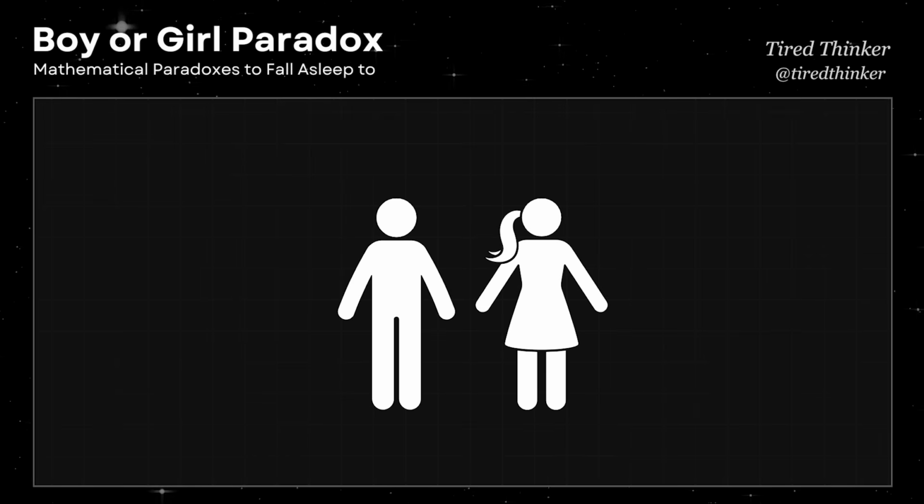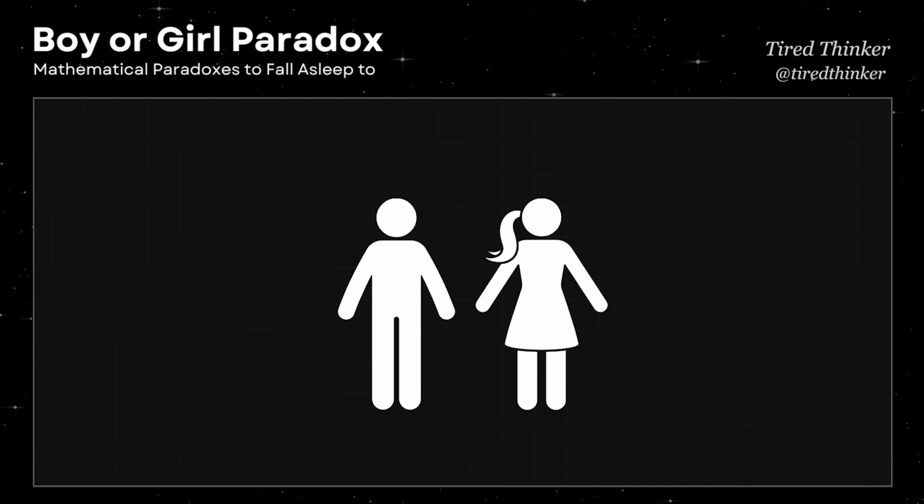The boy or girl paradox is a probability puzzle that seems simple but leads to counterintuitive results. It starts with a basic question. If a family has 2 children, and we know at least one is a boy, what is the probability that the other child is also a boy? Many people assume the answer is 50% because there are 2 possibilities. The other child is either a boy or a girl, but the actual probability depends on how the information was